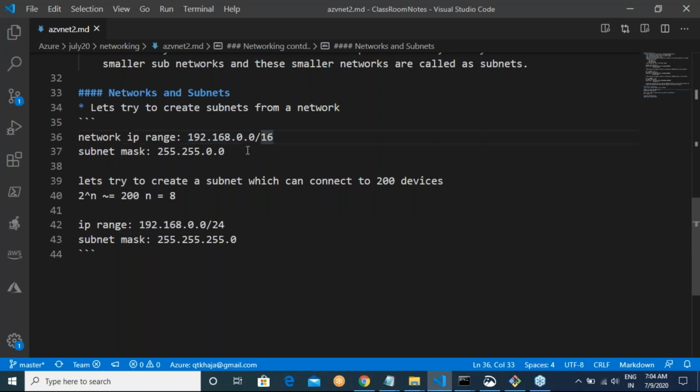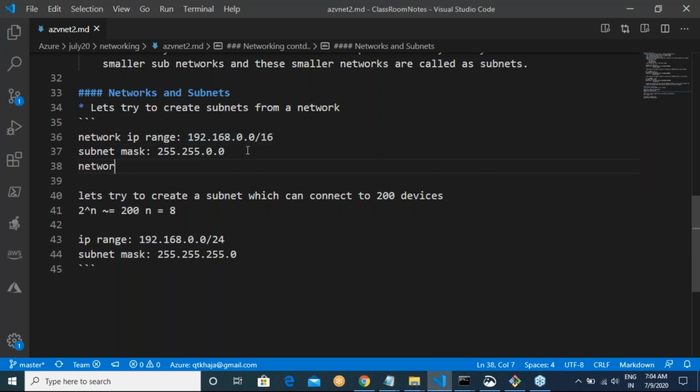Do you agree with me on this? Now if you look at the subnet's network ID, it will always have the main network's identifier, dot something extra. Am I clear on this?